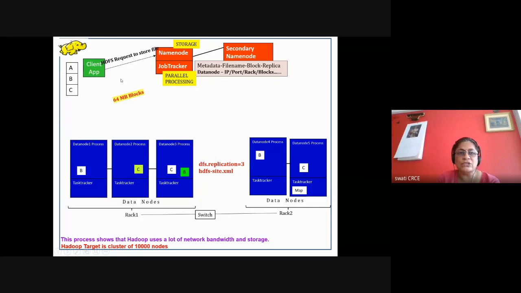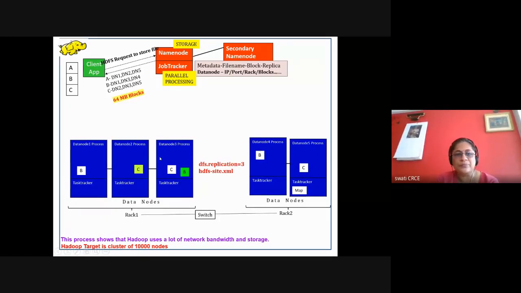So it takes the decision about that. And then by referring to its metadata in consultation with Yarn, it comes to the conclusion that this file should be divided into 3 blocks, and it gives some names to the blocks like block A, B, or C. And it even decides that A should be stored on data node 1. Suppose here are data nodes 1, 2, 3.